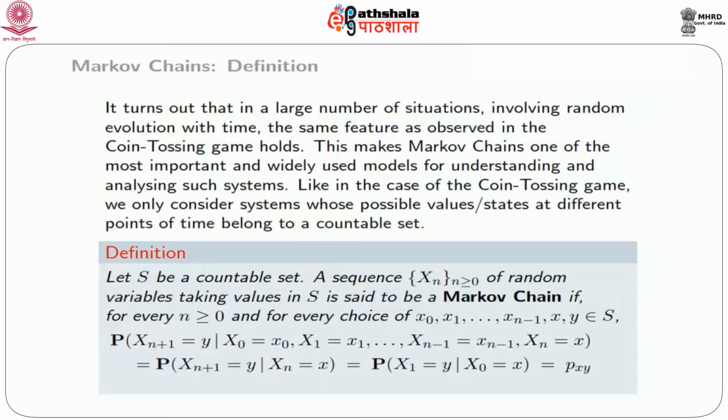So this is the Markov property. Then comes the time homogeneity, that is, this conditional probability doesn't depend on n either. So you could as well put n equal to 0. That means this is the same as the conditional probability, given X0 equal to x, of X1 being equal to y. So it ultimately depends on only two things, the present state x and the future state that you're trying to predict, namely y. Nothing else it depends on. So it's proper to call this quantity Pxy a function of x and y alone.